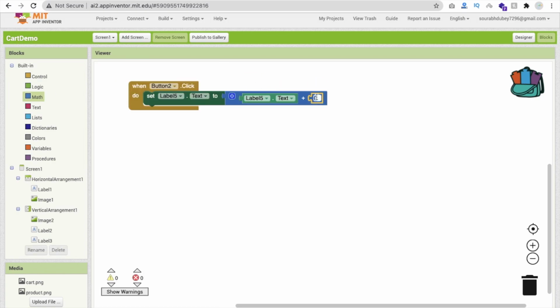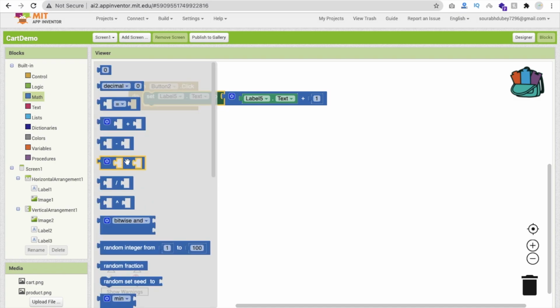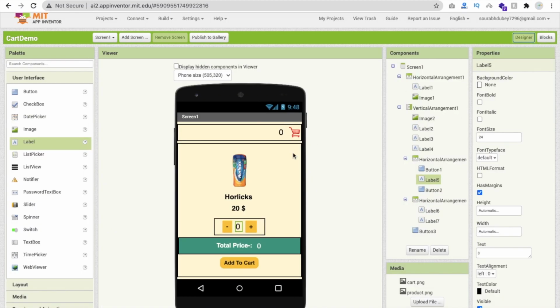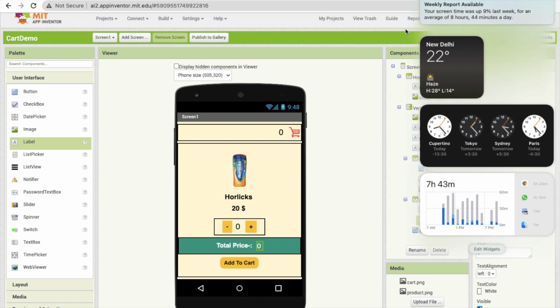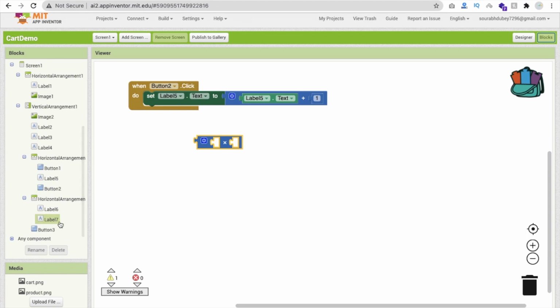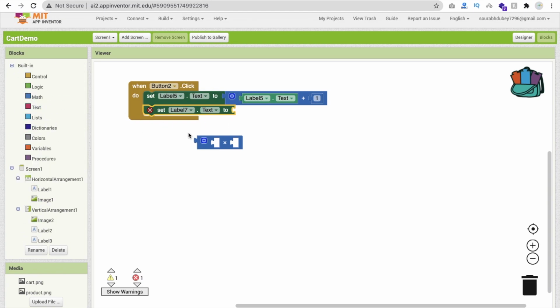Simple, like that. Okay, now one more thing, we have to calculate the price also. It means go to the maths and equal, and we have to display it. Go to the design, we have to display the total amount in this label. Which label? Label 7. 7 is my lucky number. Go to the blocks and where is label 7? This one, label 7 dot text, then this one, and maths we have already done. Drag and drop it here, and we have to calculate the label 5 dot text value.